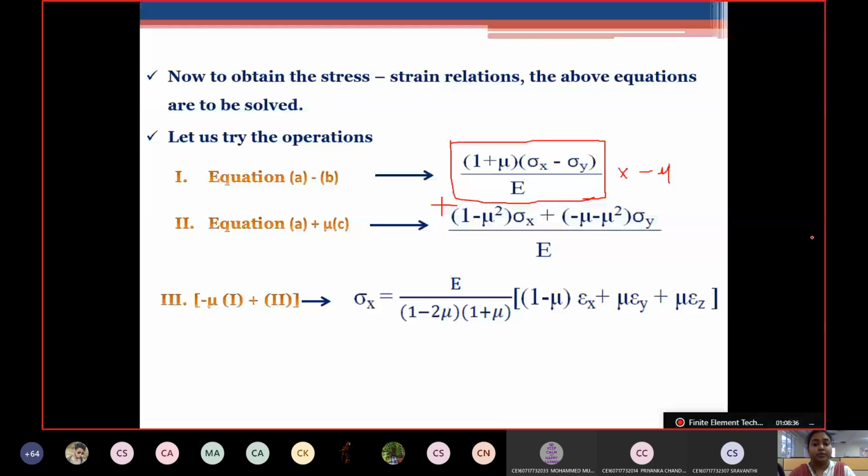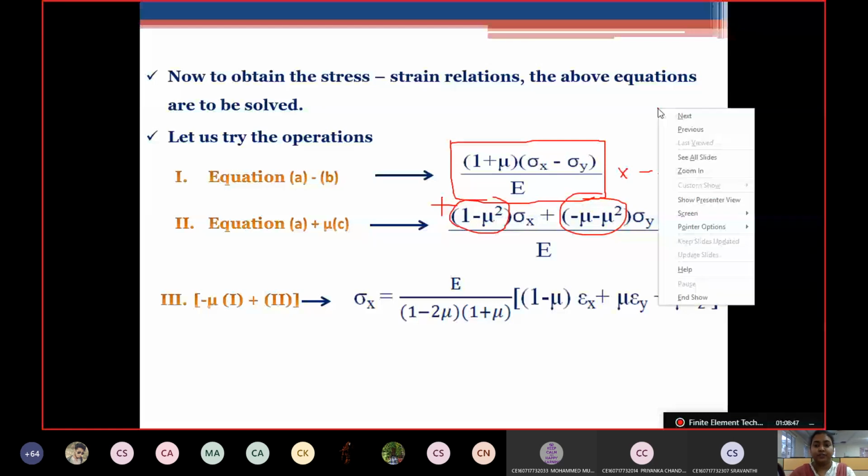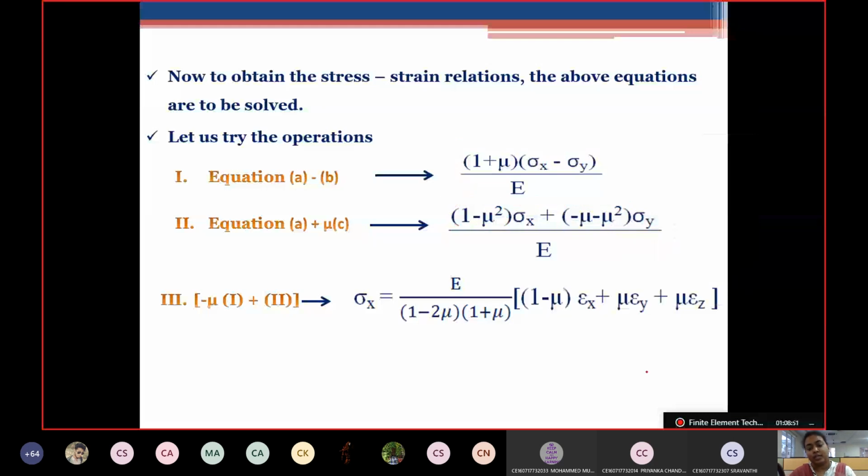Do not expand the whole brackets, please. Try to keep them as they are and take the common terms, then it will be easy for you to reach the solution. If you keep expanding the whole brackets and then try to take the common terms again, 2-3 pages will also not be enough.